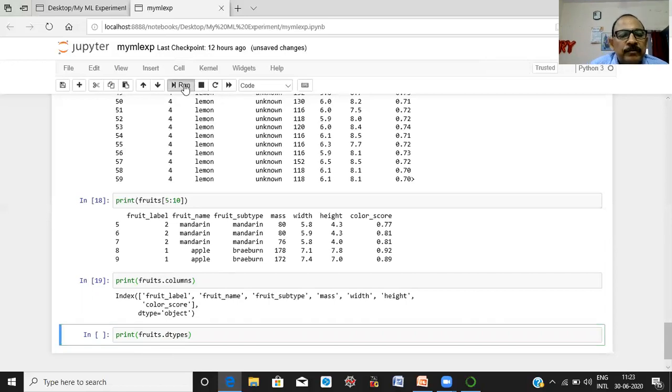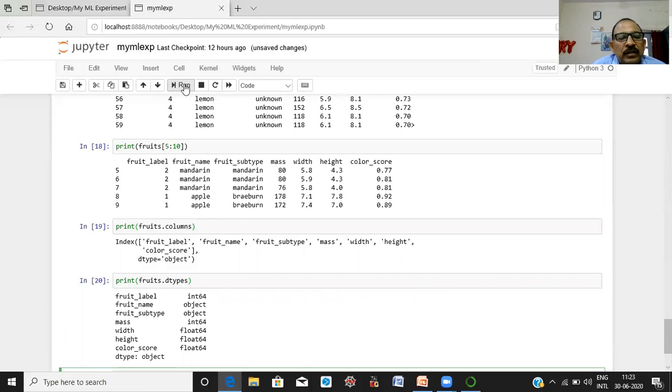Run it. Here you can see the fruit label is integer type, fruit name is object, fruit subtype is object, mass is integer, and width, height and color score are float type variables.